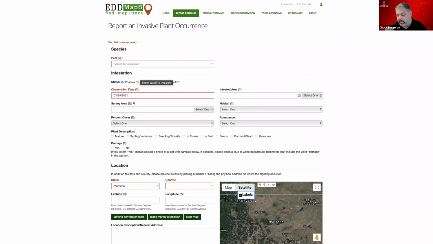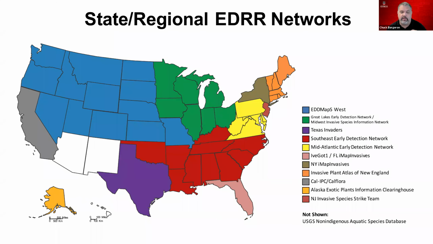So if you see a tree that maybe has some new insect on it or is dying and you hadn't really noticed it and it looks different, here's a way you can document that. The reports are routed to the appropriate experts in your state or county, and if it is something new or something that needs an early detection rapid response, then that happens. And that, like I said, can be done using the website.